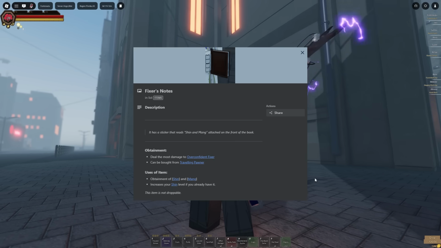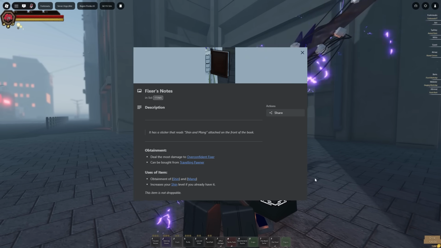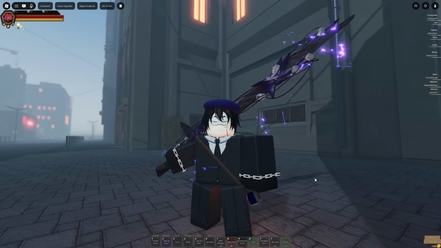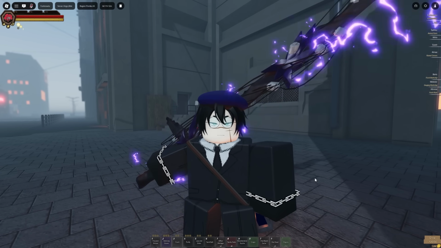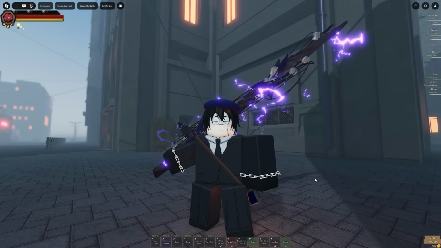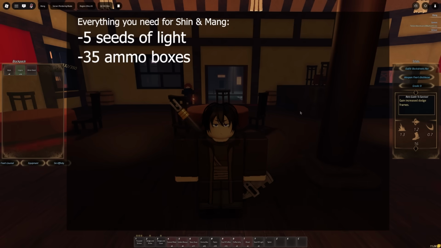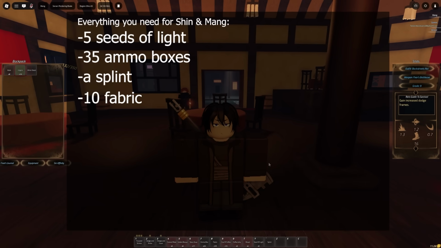Well, you can use an old FIXERS note, but it's a rare item and I've never even seen one before. However, there is another way. You can do every one-time quest in the game, which you pretty much need to do to get 5-ring Mang either way. So to do these quests, you need 5 Seeds of Light, 35 ammo boxes, a splint, 10 fabric,